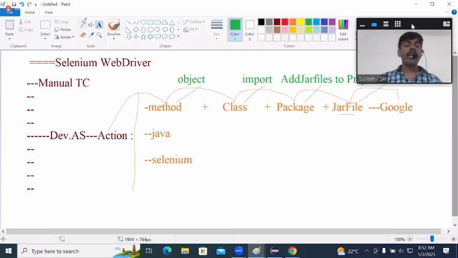So here we already have methods. The definition of the method is a group of statements. A group of methods is considered a class. A group of classes is considered a package. A group of packages is considered a jar file. A group of jar files is considered